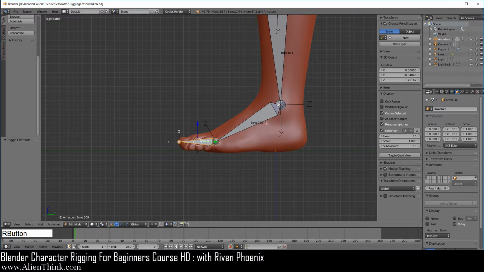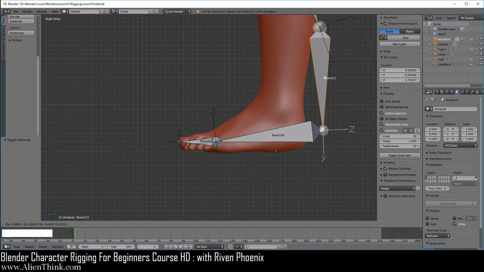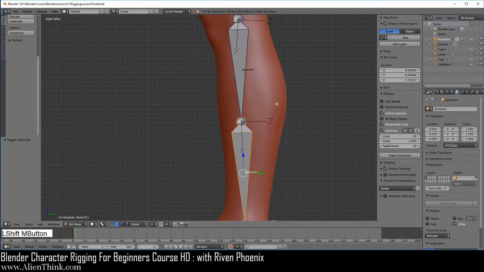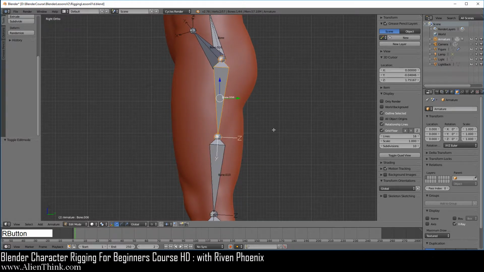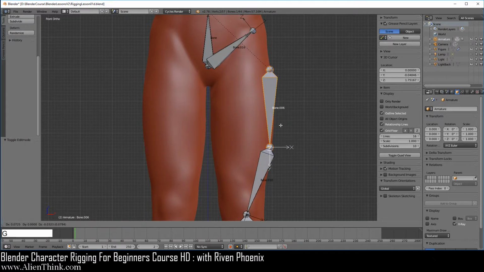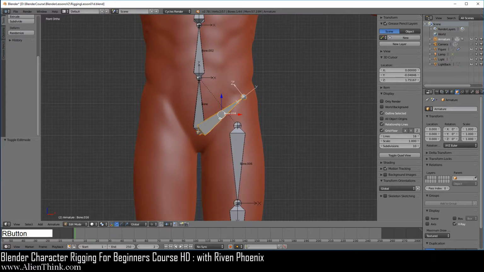So this is a connected bone, this is a connected bone, this is a connected bone. Remember, when I'm moving this with the G key by right clicking on the body, I'm right clicking to cancel that movement. This is how you can check quickly what's going on with the bones. Let's click this. This is correct. This over here is also correct. Now when we click on this, we'll go to the front view, and now when you press the G key, you'll see that this is the correct relationship. Okay, and over here press the G key, and this is again an offset bone, so this is correct. This should be correct. This should be correct.